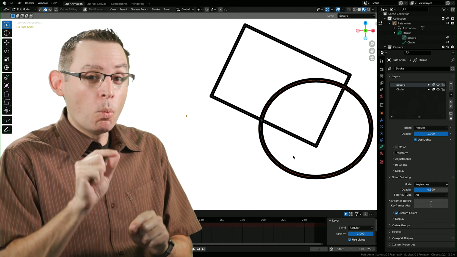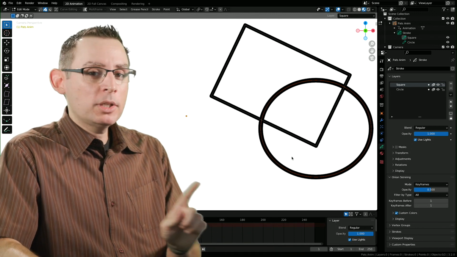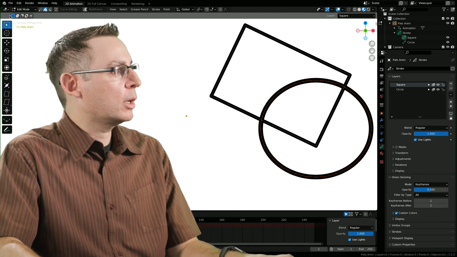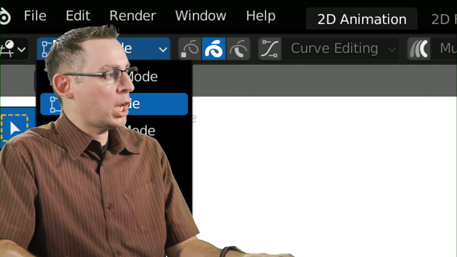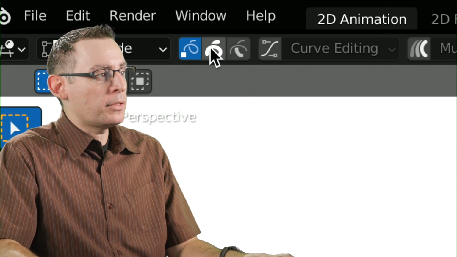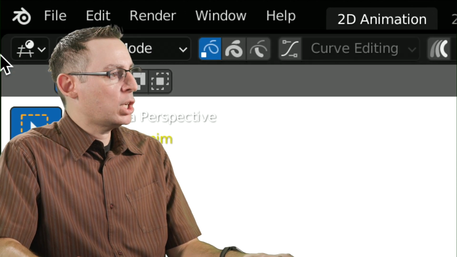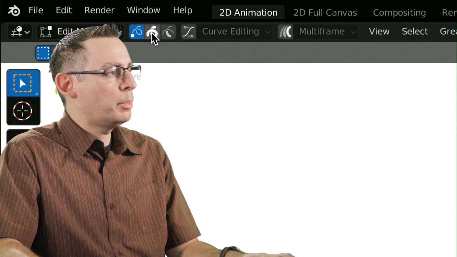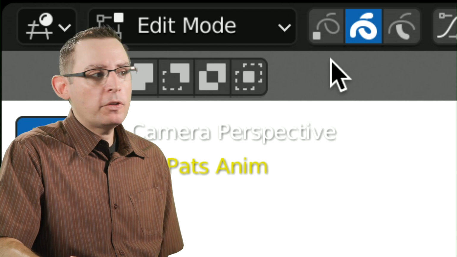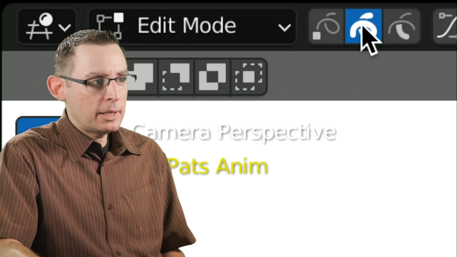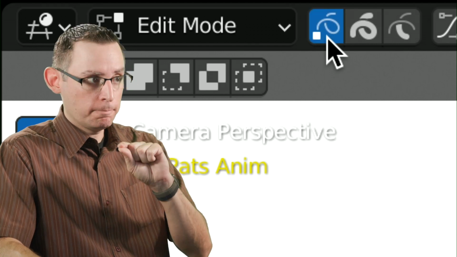We can even go one step further by adjusting the points along the path. Once again, I'm going to go to the upper left-hand corner of the screen to where we had that pull-down menu, which allows us to change our modes. We also have these two buttons right here, and I apologize if I'm in the way. These two buttons will allow us to very quickly change what we're selecting. The default one is the path. We can also go in and select points along that path.